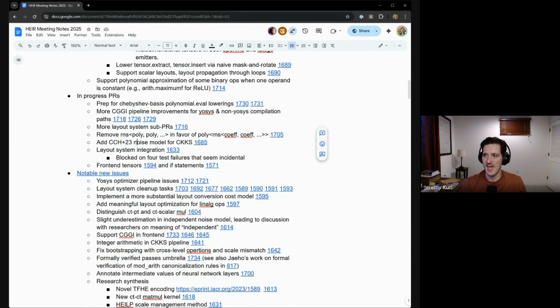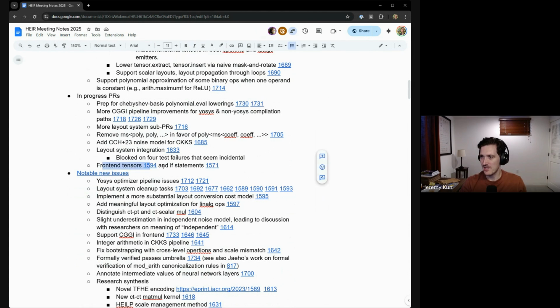And then Hongren added a draft noise model for CKKS that still has some issues with it, so it's left in the draft state. I don't know how long it might take to get this in, but it's very interesting and dependent on lots of unanswered questions about how CKKS will be supported in the compiler long term.